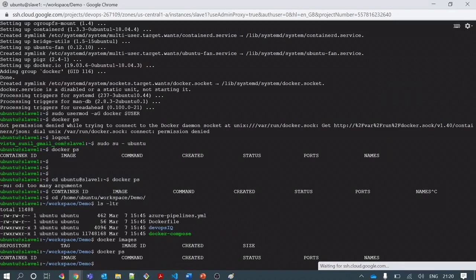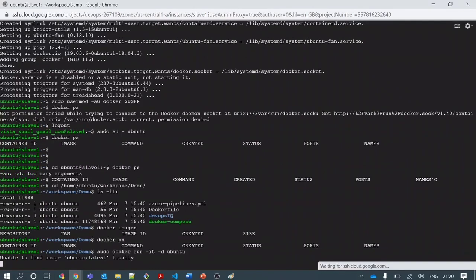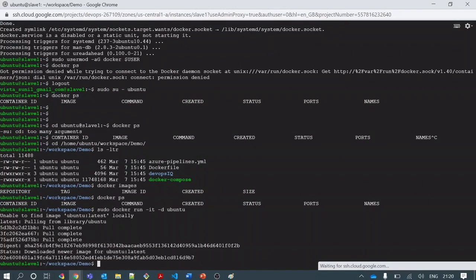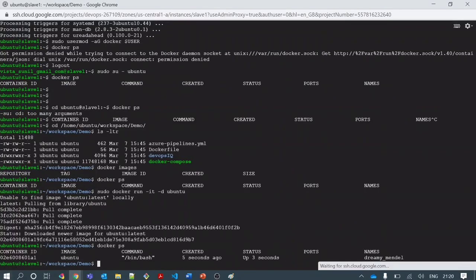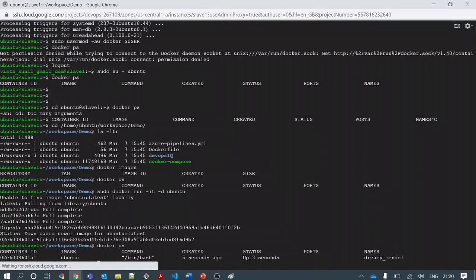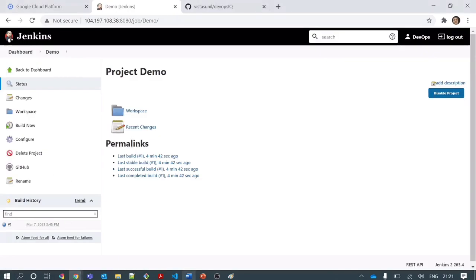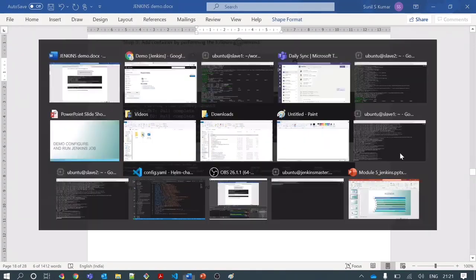We can change the code in the shell commands to check for existing containers, and only if there is one container or more, then it tries to remove. We can do that handling also, but for now we are not doing it. We are not making our job that complicated. Okay, so one container has started. So our job will first clean up all the containers from the slave machine, and then run a fresh container from the newly built image using the Docker file. So what's next? Let's build the job again.